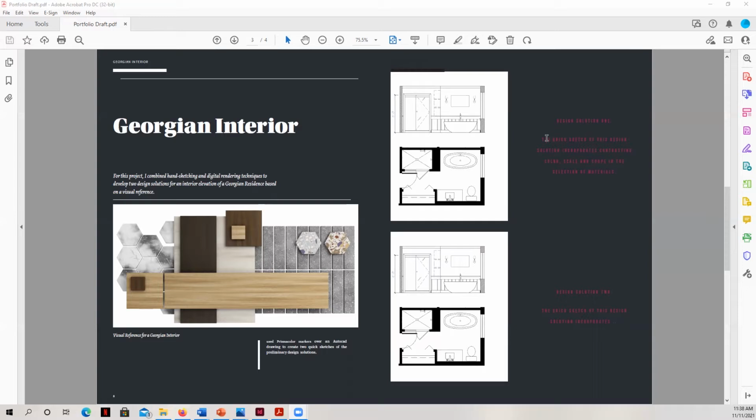And so on my template, I really liked the dark black background. Probably someone printing this wouldn't like it because it's going to take up all their black ink. But on a screen, it was really dynamic, and I loved the way that this spread looked. But this fuchsia text on the black background, not only is it in all capital letters, which is not good for readability, but it also has very low contrast. And so from an ADA perspective, an Americans with Disabilities perspective, this is very difficult for a person who might have an issue with their vision to be able to read this very clearly.